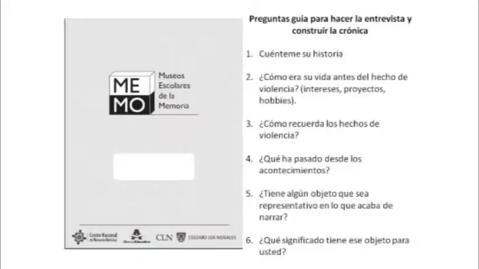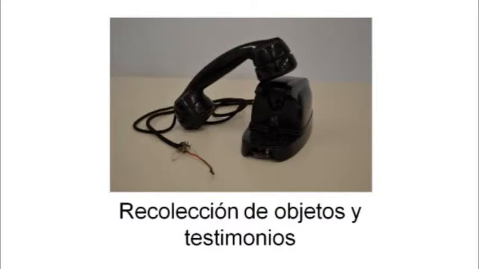And once they collected all of the material, the students go to their environments, and based on these questions that were built following the testimony, we defined 3 moments: who the person was, what was the violent fact or event that happened to them, and what happened afterwards. And so they started asking questions about significant or representative objects. Later on, students started to collect those objects,